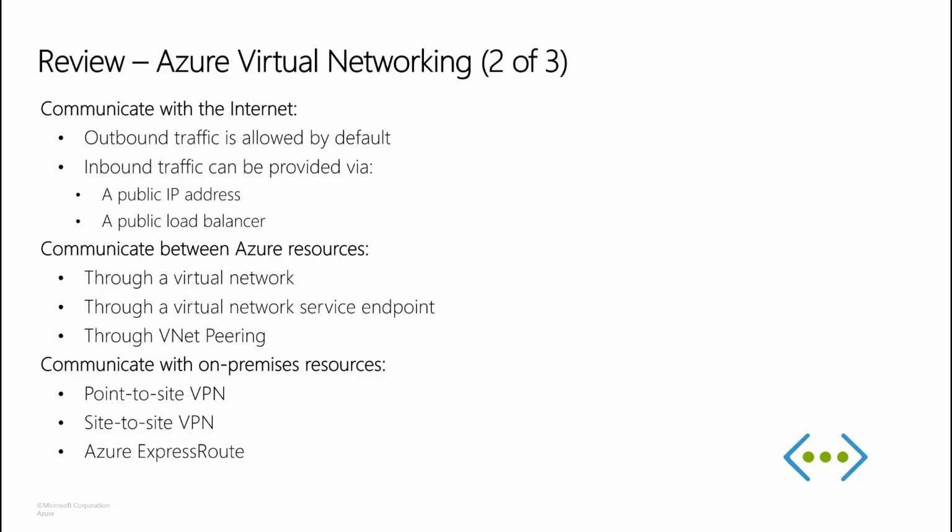Finally, coming to on-premise, how to connect to on-premise resources, we have a point-to-site, also written as P2S VPN. It is established between a virtual network and a single computer in your network. Each computer that wants to establish connectivity with the virtual network must configure its connection. This connection type is great if you are just getting started with Azure or for developers, because it requires little or no changes to your existing network topology. The communication between the computer and a virtual network is sent through an encrypted tunnel over the internet.